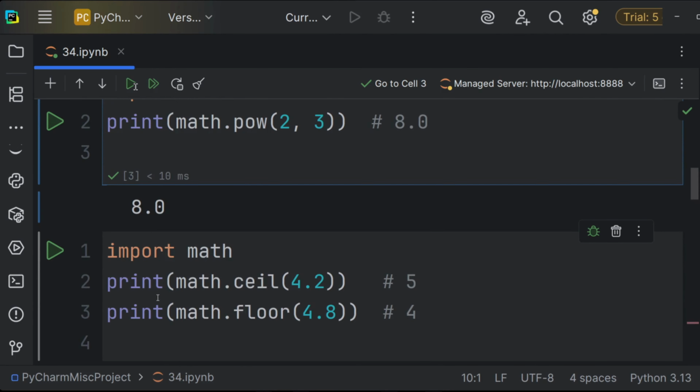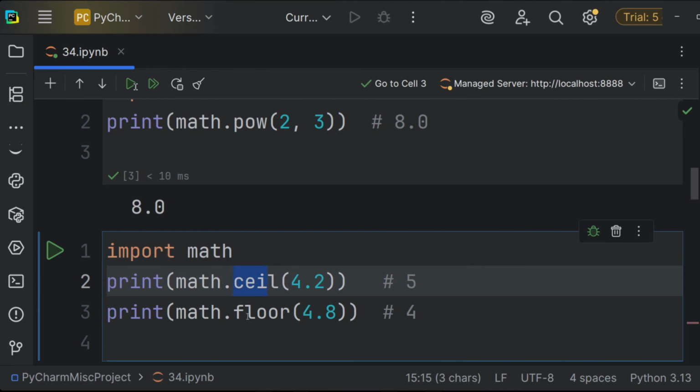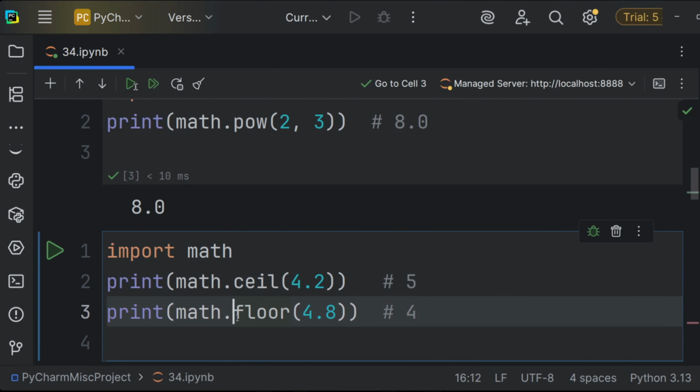Next, we are going to introduce 2 very simple functions which can be understood just by the name: ceil, which stands for ceiling, and floor, which stands for floor.